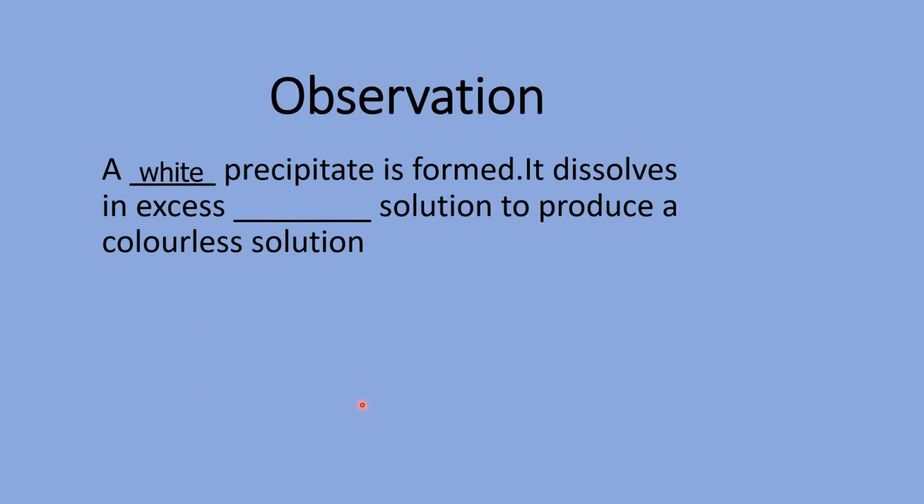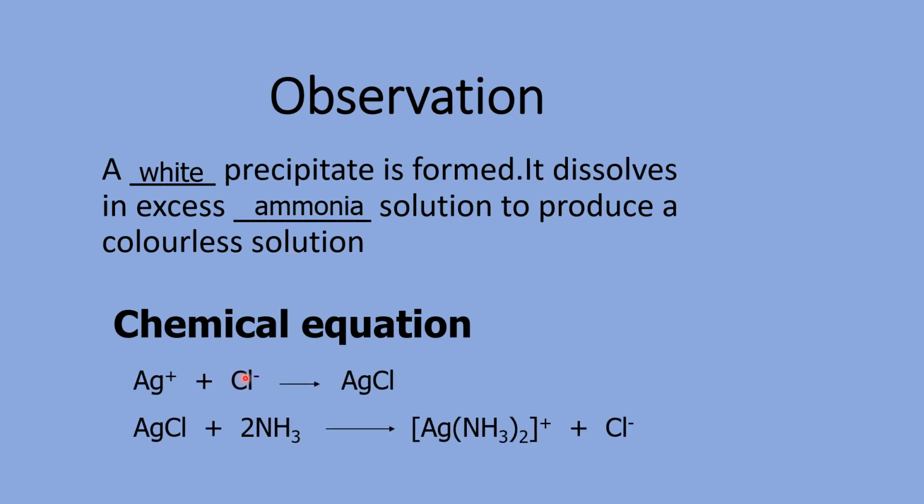Observation. A white precipitate is formed. It dissolves in excess ammonia solution to produce a colorless solution. Chemical equation. When the silver ion reacts with the chloride ion, it will produce silver chloride. Silver chloride is an insoluble salt, and this insoluble salt gives you the white precipitate, which is actually the silver chloride. And the silver chloride, when reacting with ammonia solution in the second step, you will produce